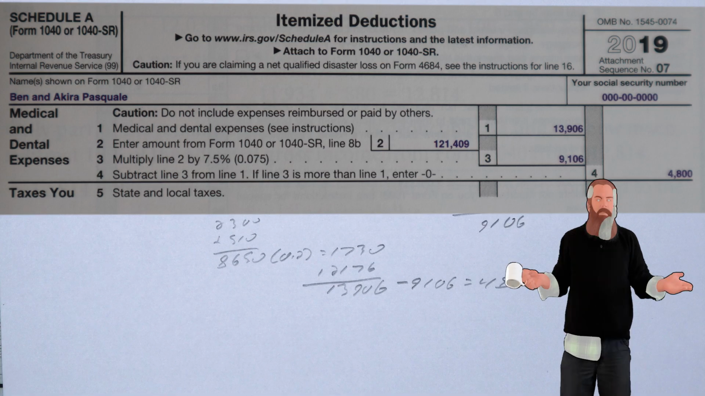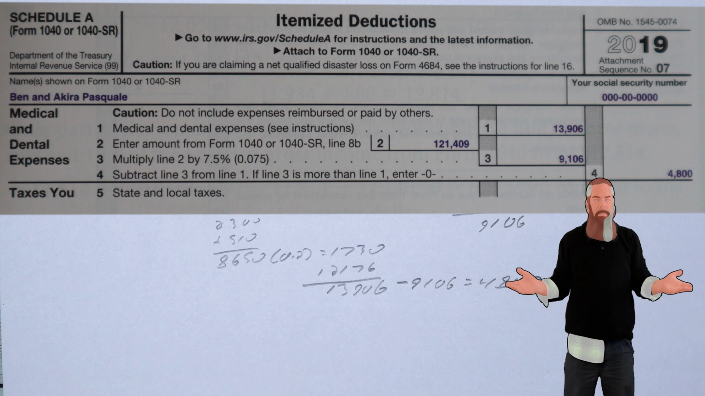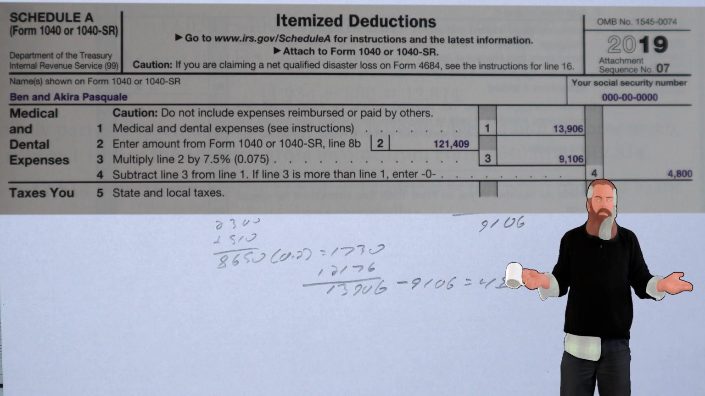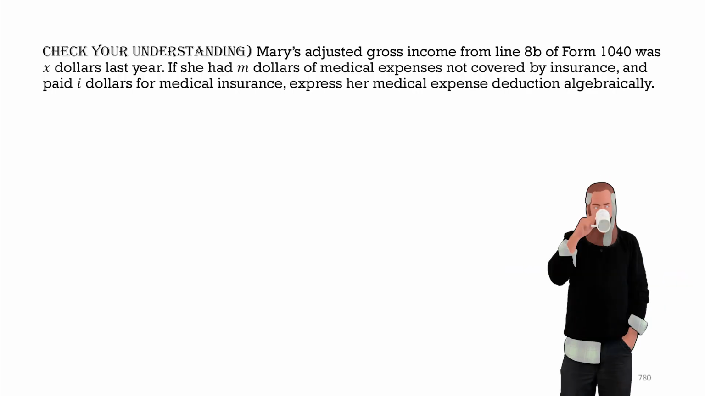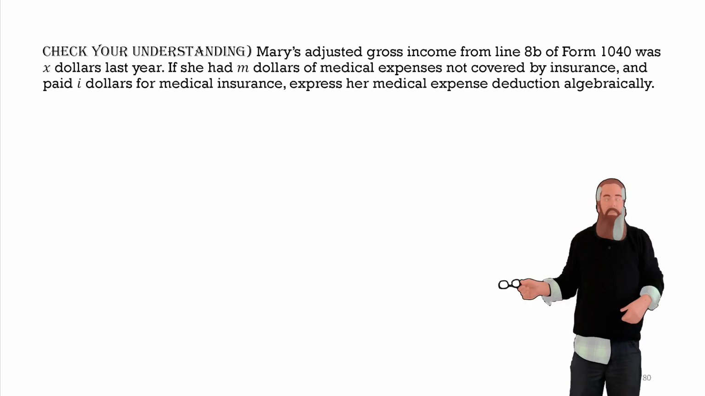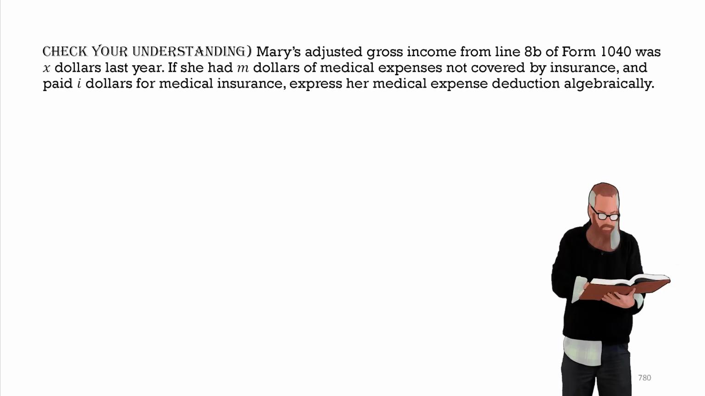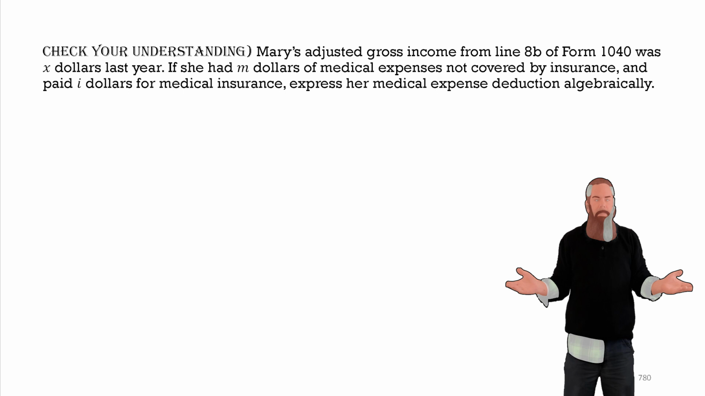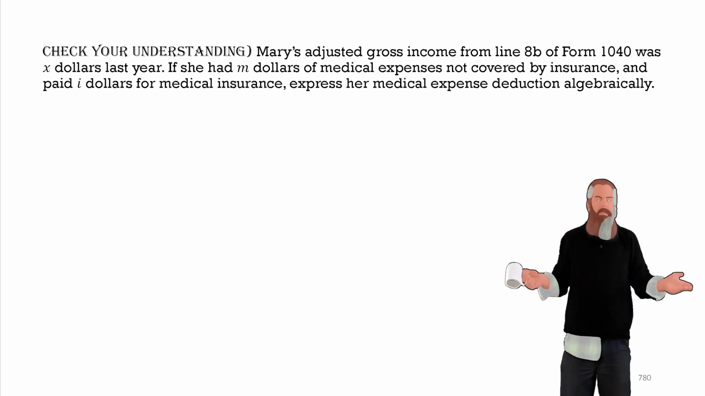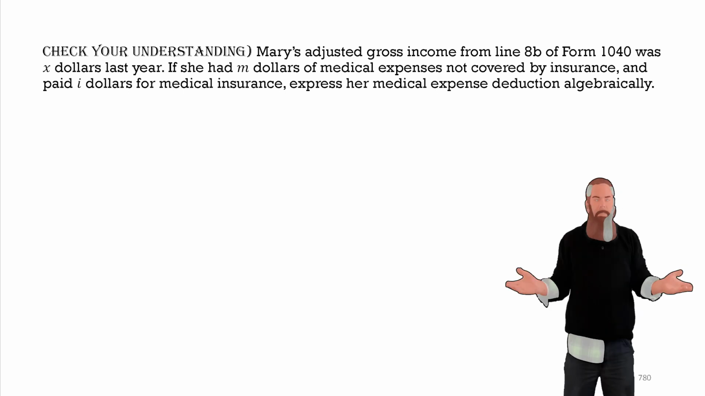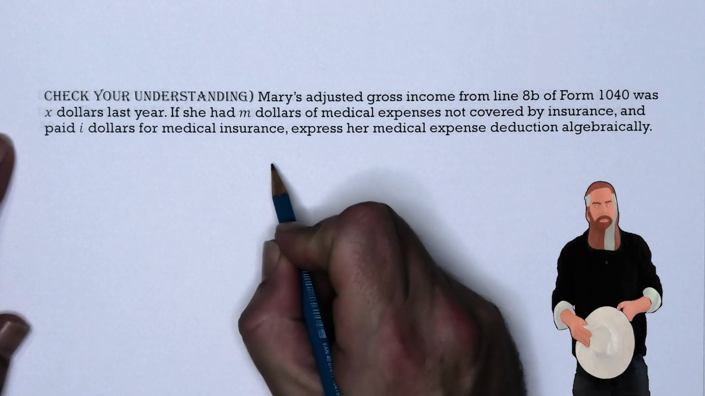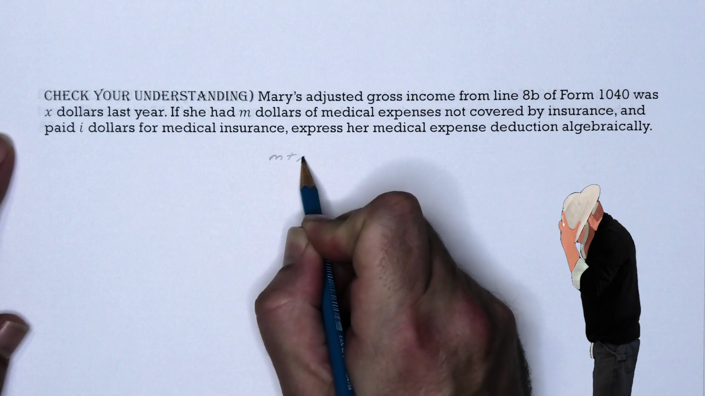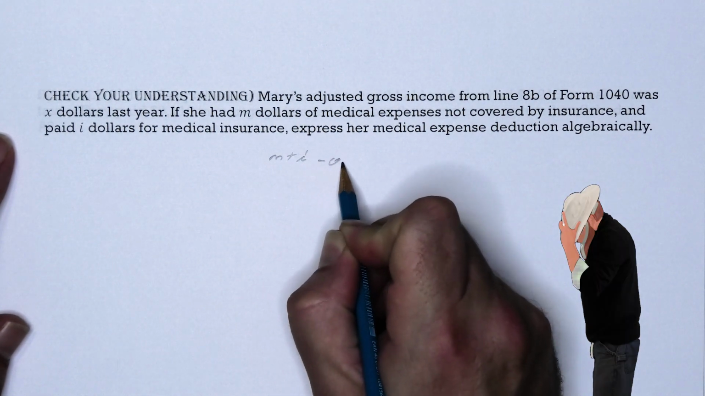If medical expenses are less than 7.5% of adjusted gross income, the medical deduction is 0. Let's check our understanding. Mary's adjusted gross income from line 8B of Form 1040 was X dollars last year. If she had M dollars of medical expenses not covered by insurance and paid I dollars for medical insurance, express her medical expense deduction algebraically. This means we're going to take the M and the I, we're going to subtract 0.075,